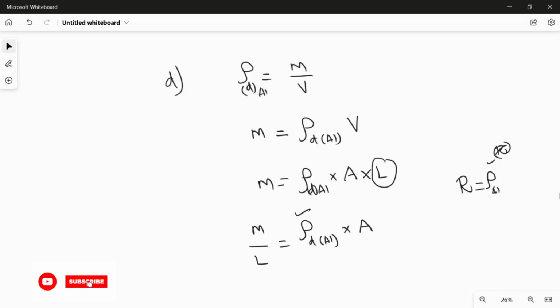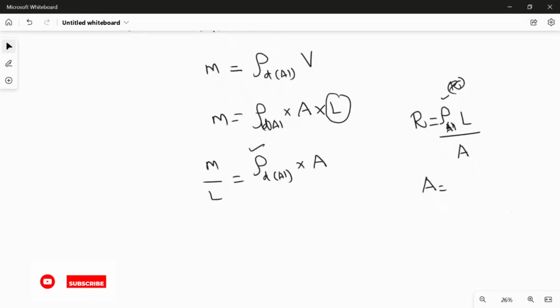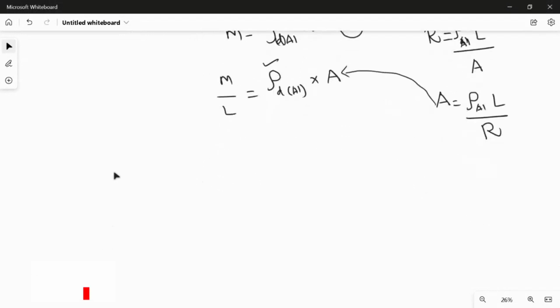So R is equal to the resistivity of aluminum multiplied by the length of the aluminum cable divided by the cross-sectional area of the aluminum. So I have to rearrange this equation in terms of area. So area is equal to resistivity of aluminum multiplied by length divided by the resistance. So now I'm going to take this equation and substitute here. If you substitute, the mass per unit length equation is modified as M over L, which is equal to